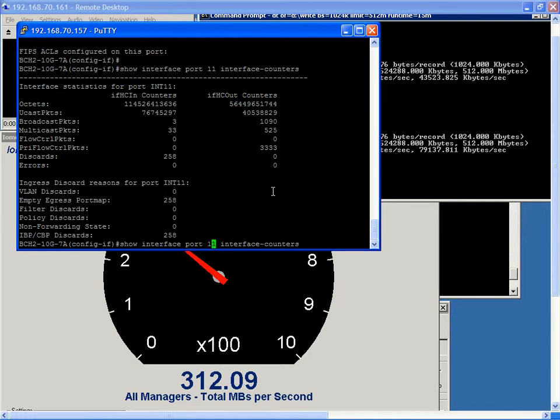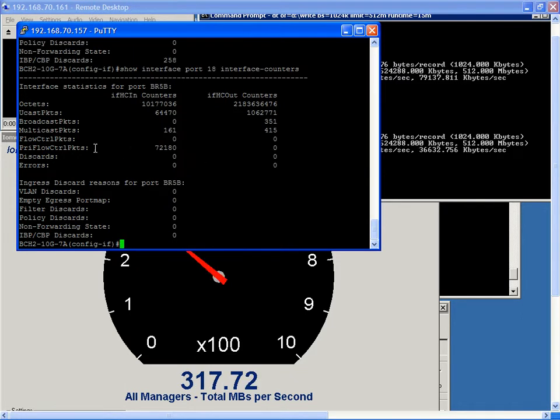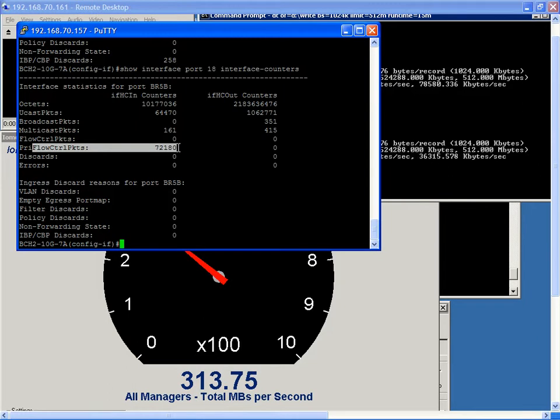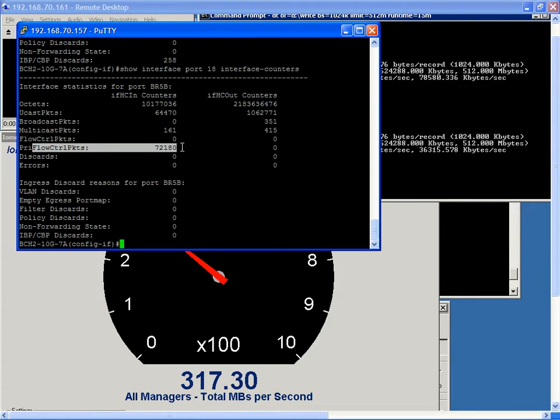If I go to the port which has the FCF gateway attached to it, which is port 18 in this demo, we can see that we are receiving priority flow control packets from the FCF gateway. What it means is that when the DT tool started its data traffic, the 4 gig IBM DS4K disk drive was not able to absorb the burst at that time, so it put pressure on the FCF gateway. The FCF gateway then used the PFC protocol to send a PFC pause packet